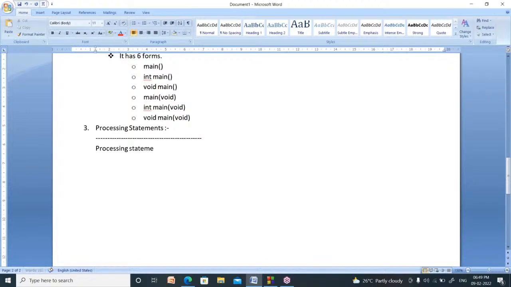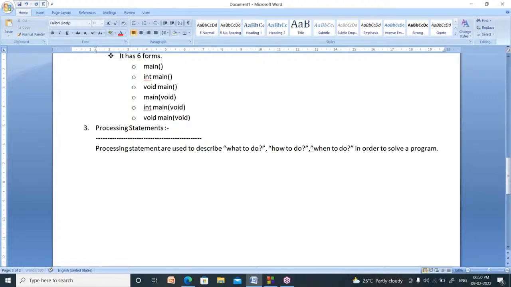They are used to describe three things: what to do, how to do, when to do, in order to solve a problem.